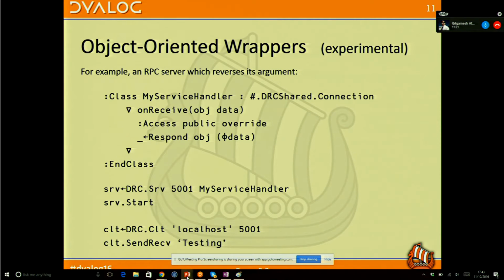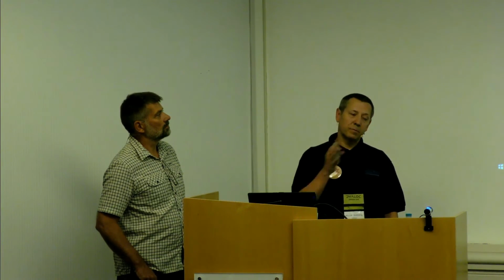Right. The next thing we're trying to do is add some wrappers for typical use cases. So the building of a server on top of a Conga server object or a client. In the previous distributed workspace, there are some examples of how to do that. But we're experimenting now with using object orientation to make it much simpler to set up a server that's just going to respond to HTML